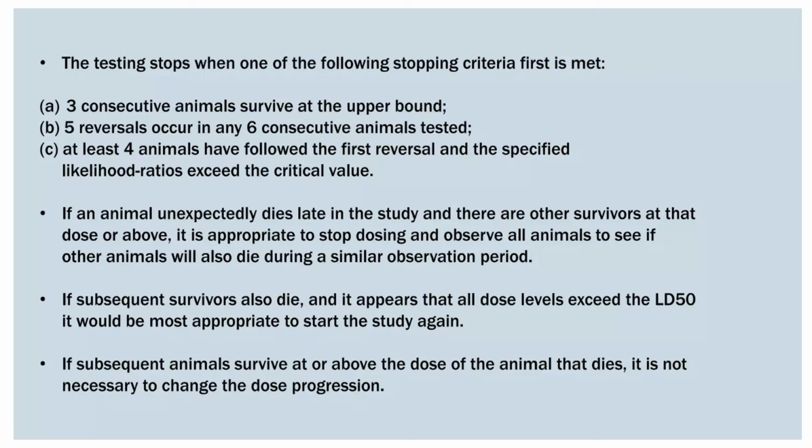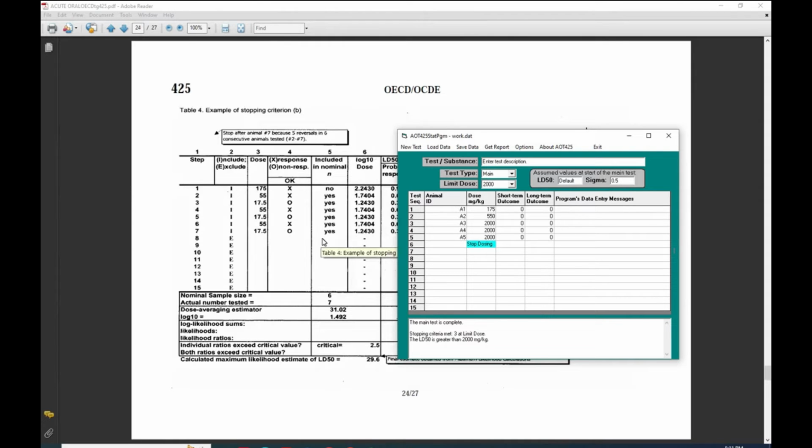Next, the reversal occurs in 6 consecutive animal tests. For reversal occurring in any 6 consecutive animal tests, I will show you an example by conducting the experiment in the software. Here you can see we have the OECD guideline 425 and the criteria B chart. So we have a software. In that software,